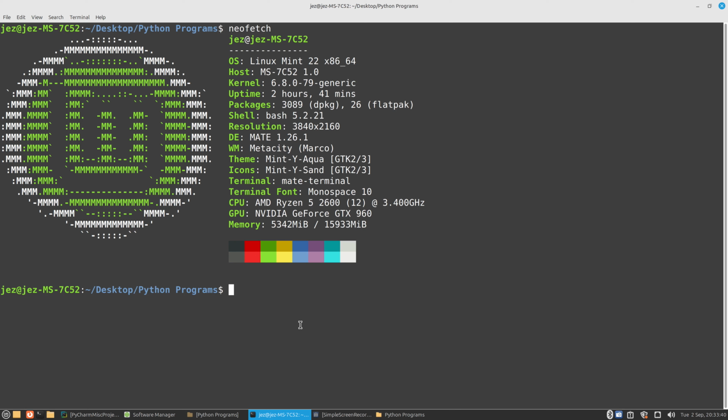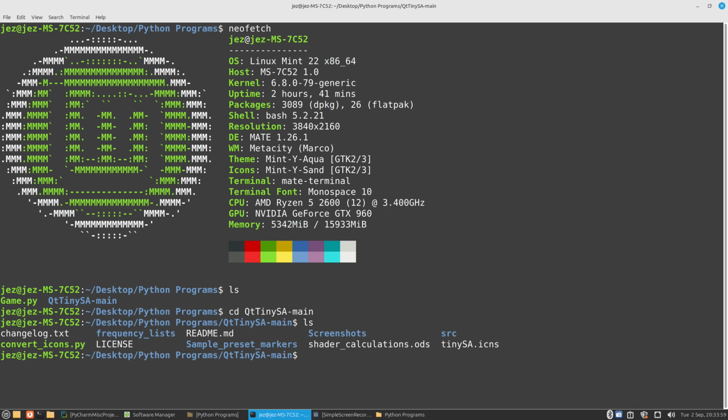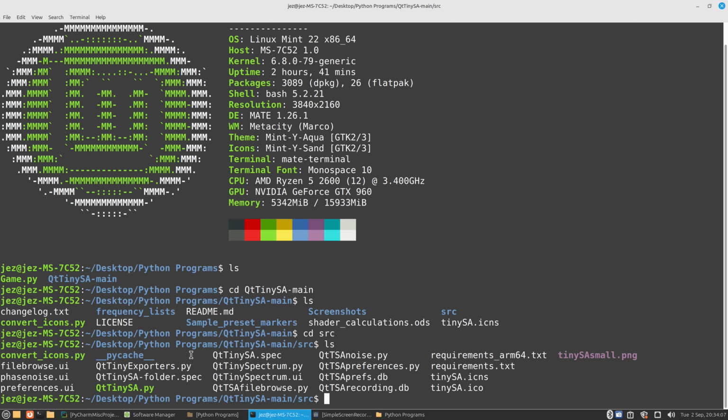So if I list the directory contents with ls, you'll see here I've got game.py, and I've also got another folder called qt.tinysa.main. So if I do a cd qt, okay, now we list the directory contents. I want to go into the src folder, and when we do a directory listing, you'll see here we've got a load of .py files, which is Python